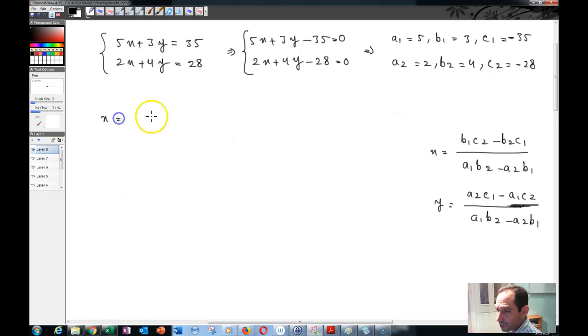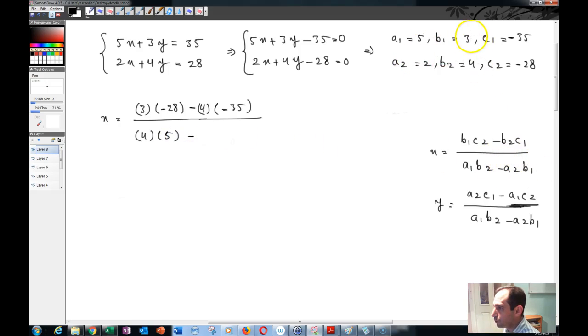So then your x is going to be equal to b1 c2, so b1 and c2 would be these two values: 3 times negative 28, minus b2 c1, so b2 c1 is 4 times negative 35, divided by a1 b2. a1 b2 is 4 times 5, minus a2 b1. So a2 b1 is 2 times 3, which is equal to